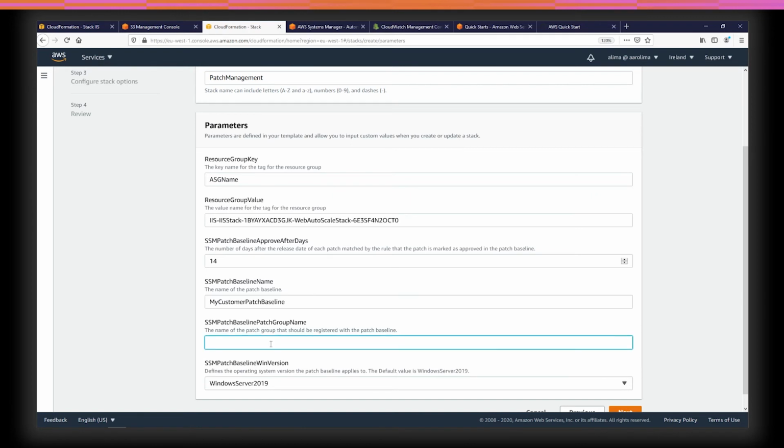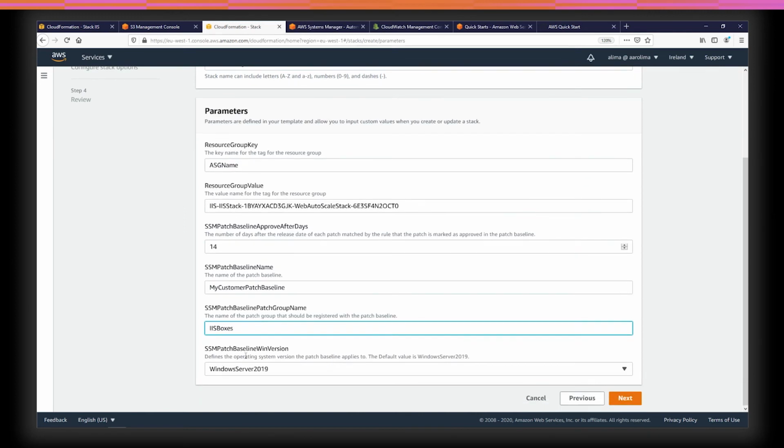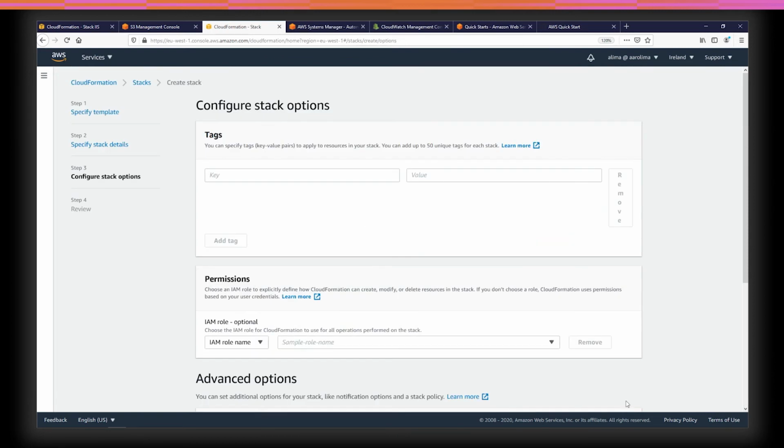In terms of the patch baseline patch group name, I'm going to set it to IIS boxes. So when I create a patch baseline, I want to associate it to a patch group, and the patch group has to have a tag called "Patch Group", and then the value can be whatever you specify. So in this case, it's going to be IIS boxes. And I'm going to keep this patch baseline for Windows Server 2019 because that's what all of my IIS servers are. Hit next,